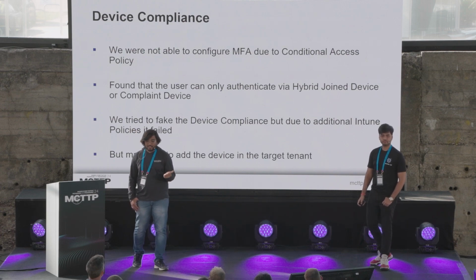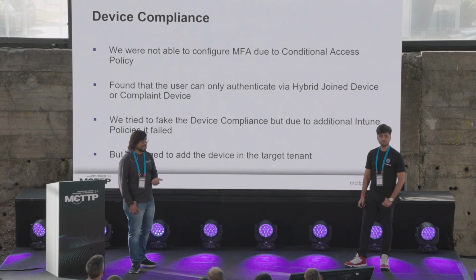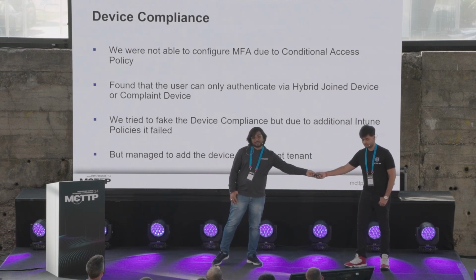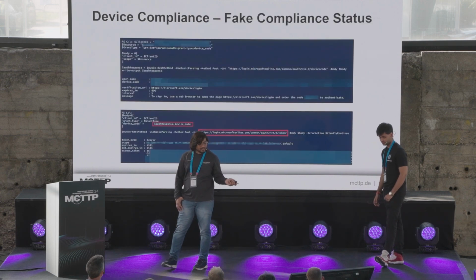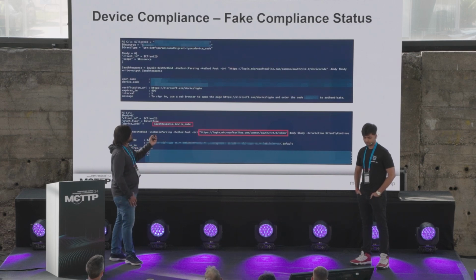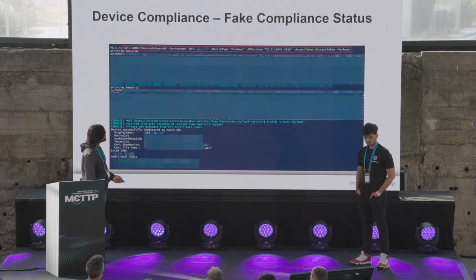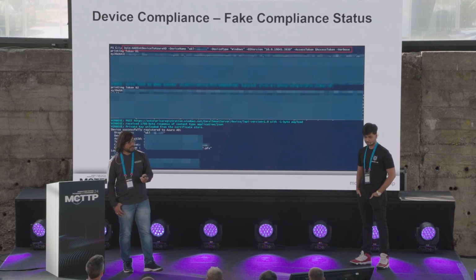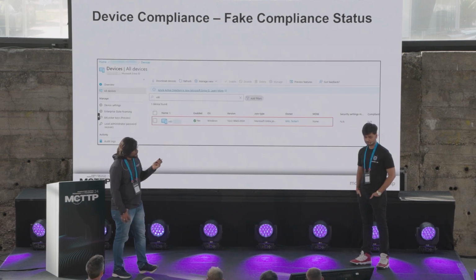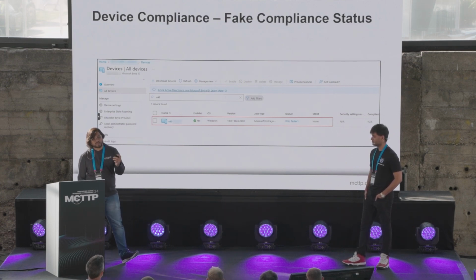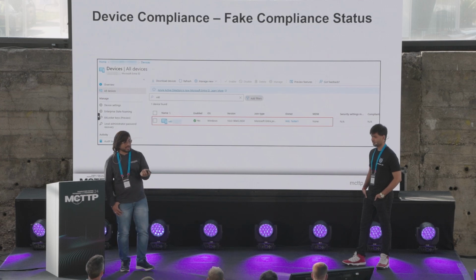Still, what we tried was to fake the device compliance. You can use another great tool, AAD Internals, to fake the compliance of the devices. So what we did is, we first requested an access token by using the device code authentication method to register a dummy device on the target machine, right? Once we registered a dummy device on the target machine, we tried to fake the compliance again using the same AAD Internals tool. But we were not able to fake the compliance because of the Intune policy. This was one of the failed attempts, you can see, to gain access to that particular Intune admin device.